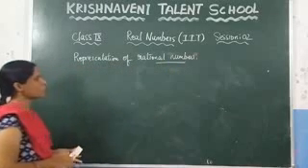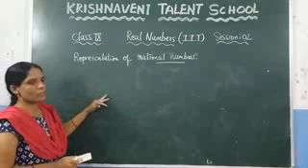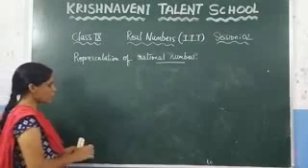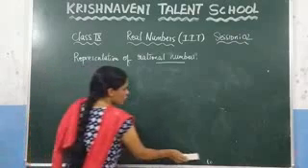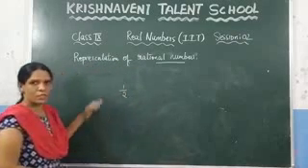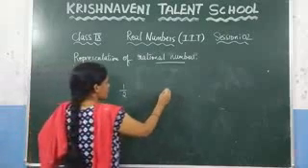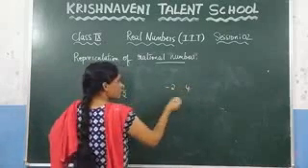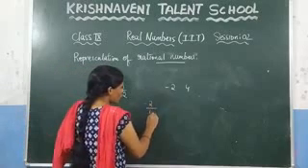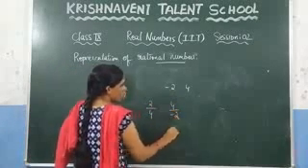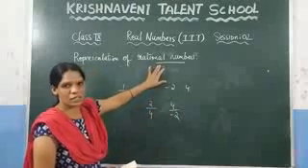Before that, let us learn what is meant by rational numbers. We already discussed this. If you take any two integers and write them in the form of a fraction, we call it a rational number. You know that 1/2 is a rational number. Consider two more integers, -2 and 4. We can write them as -2/4, or as 4/-2. These two fractions belong to the rational numbers.